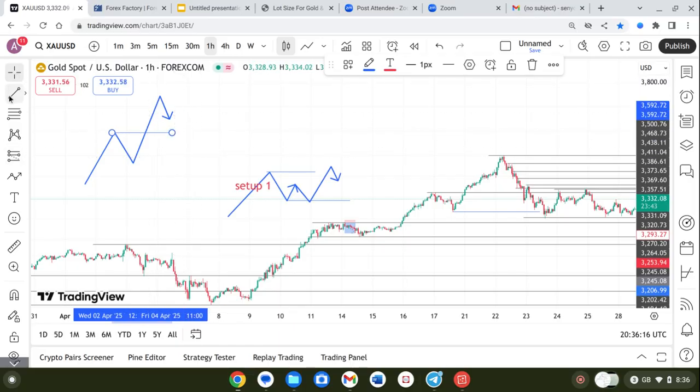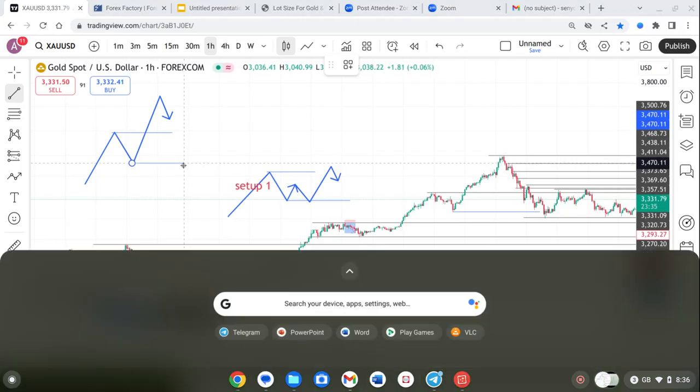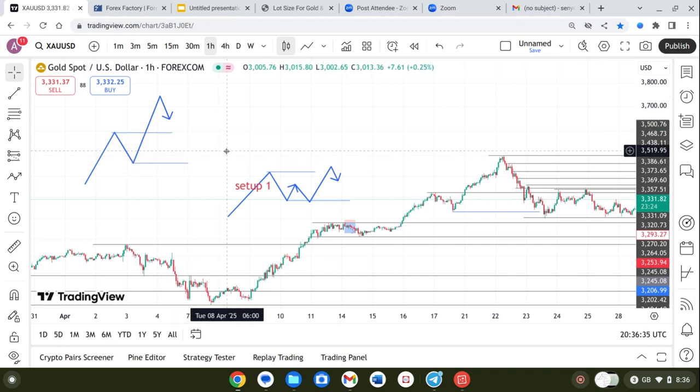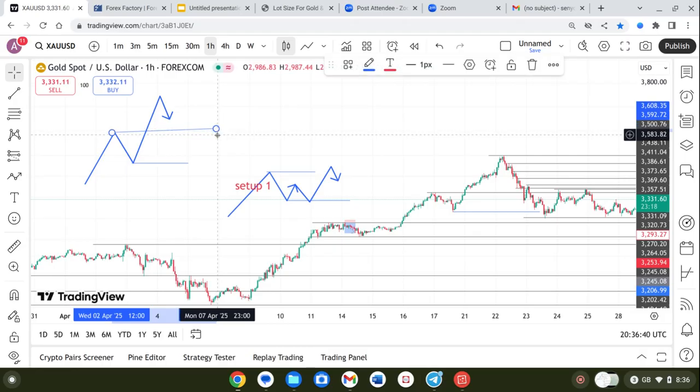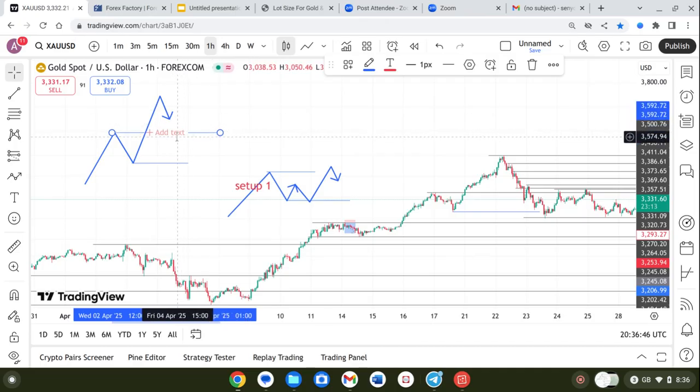Then we also mark this area as the low, as the support, the ideal support area. Let me make this straight. So the market is expected to, one, tap in this area, supposed to tap here and go. So we say this is a B setup, a B setup. That means most likely this will happen,